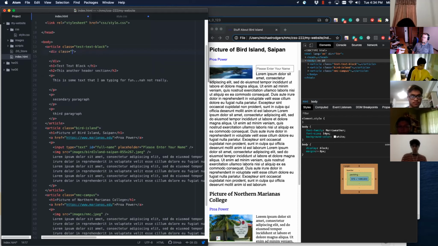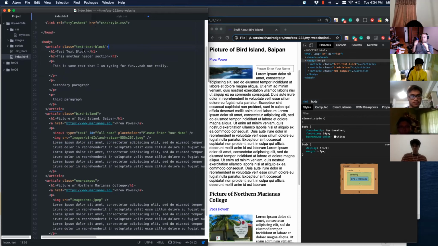Oh, I'm not paying attention, guys. All right, so the rule says it's what follows, right? Where is my H1? Does the H1 follow or is it inside? Inside. Yeah. So if my H1 was down here,